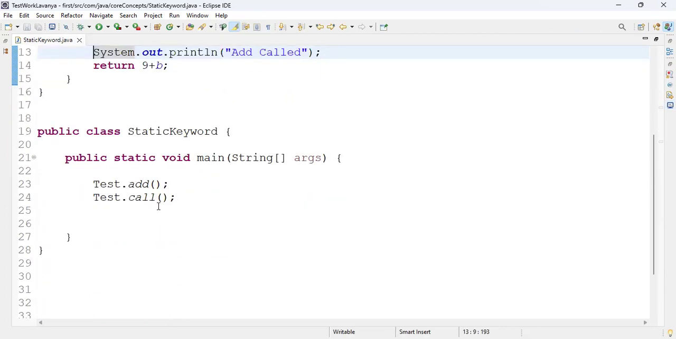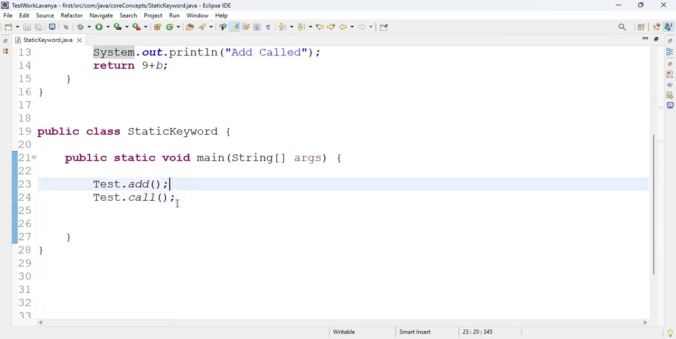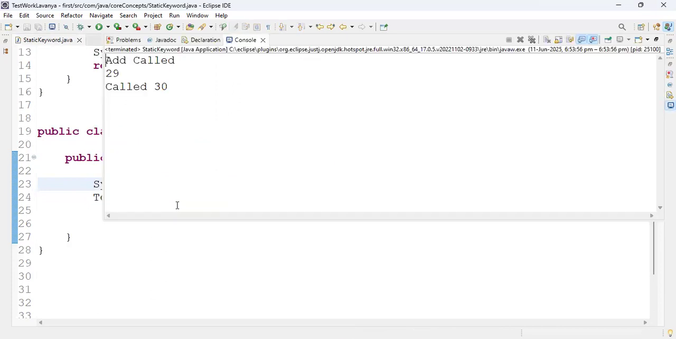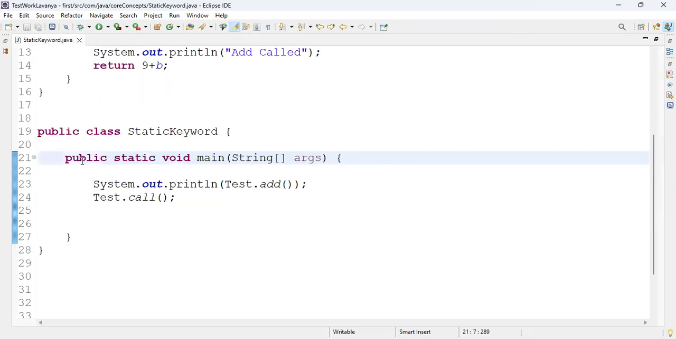Why is this not printed? Because we are calling the method, not printing anything. So with this bracket, Control S, right click, run as Java application. Now we got add call 29, which is the returned value, and after that we got call 30. So it means now 30 is called. So this is about the